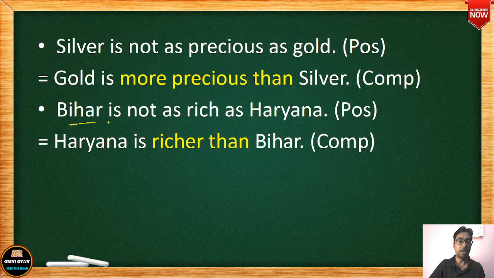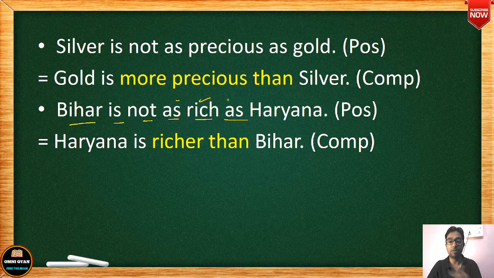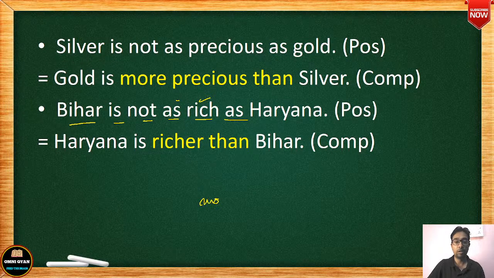बिहार इज नॉट एज रिच एज, again this is an example of positive degree, as plus rich. Rich is a monosyllabic word, एक सिलेबिक, छोटा स्पेलिंग है, तो इसके लिए हम ER लगा सकते हैं या EST लगा सकते हैं, comparative and superlative. Richer becomes comparative, richest becomes superlative. Never use more here, यहाँ पे आप more rich नहीं लगा सकते, ये रॉन्ग हो जाएगा।